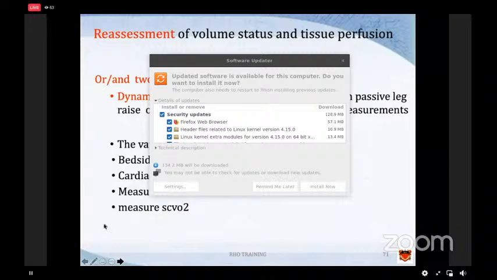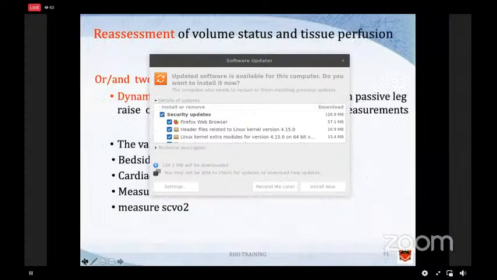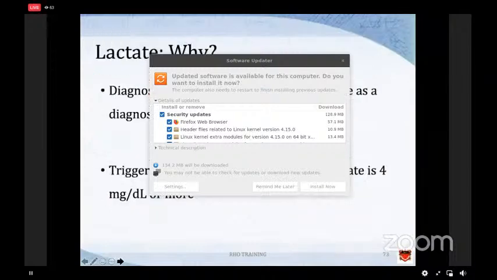Or if you have the facility and if you are skilled enough, you can do these things: caval index, stroke volume variation, bedside cardiovascular ultrasound, CVP measurement, and the mixed venous oxygen saturation. Right. After your volume resuscitation, lactate is a very good indicator to show whether your volume resuscitation is adequate,